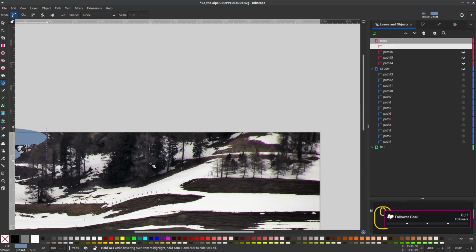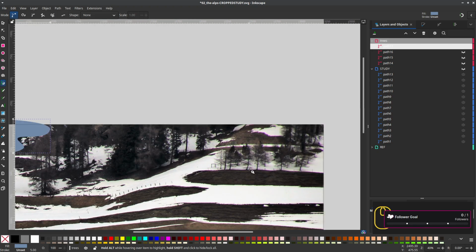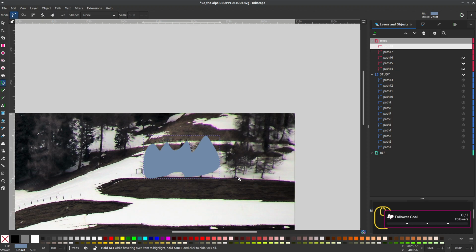This is kind of an interesting thing because, for example, here I can tell that there is some group of trees here, like so, for example, and